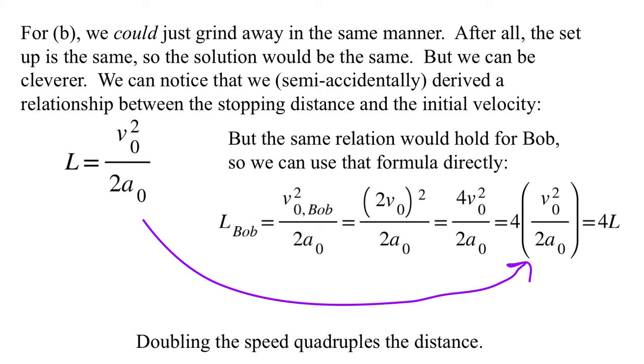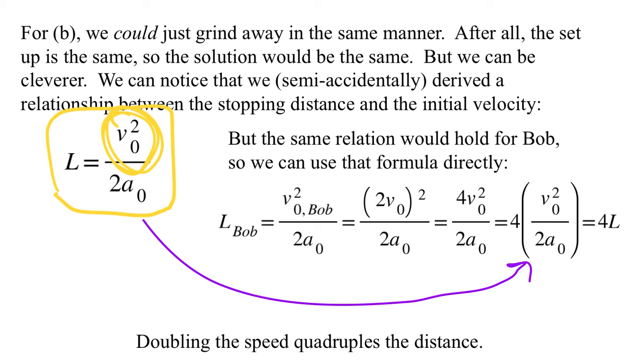All right, for part B, we could just grind away in the same manner. We could set everything up. The setup is the same, so the solution would look the same. But we can be cleverer here. We can notice that we semi-accidentally derived a relationship between the stopping distance and the initial velocity. That if you give me the initial speed, then I can find the stopping distance. Since that would hold for Bob, and